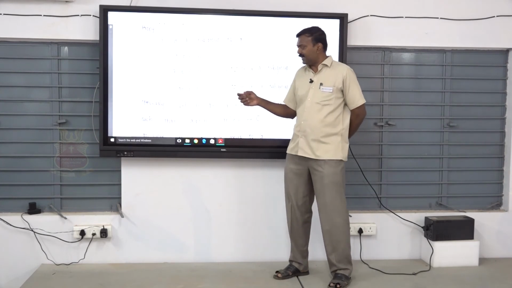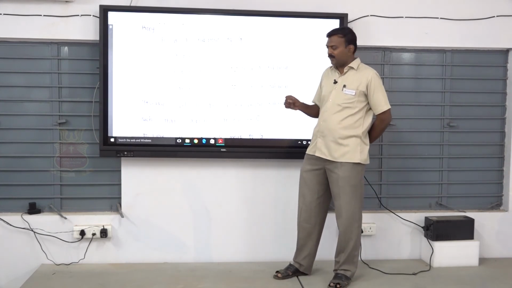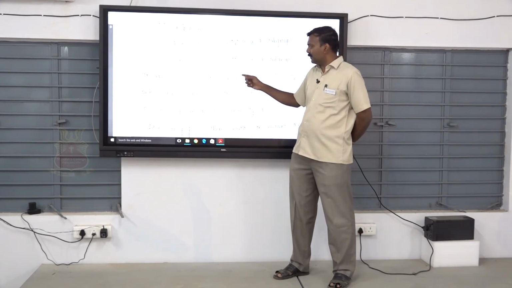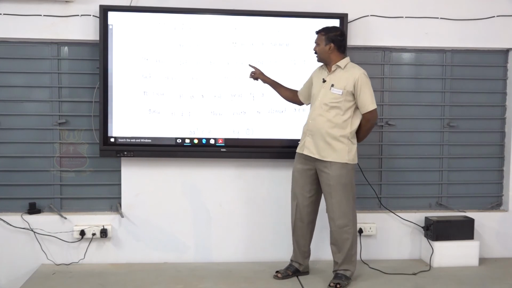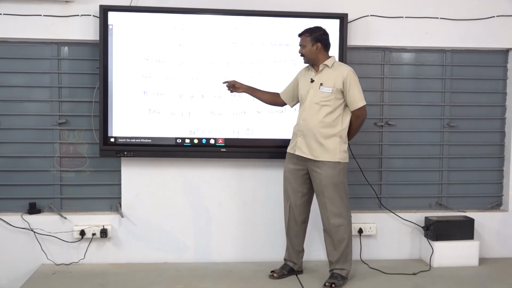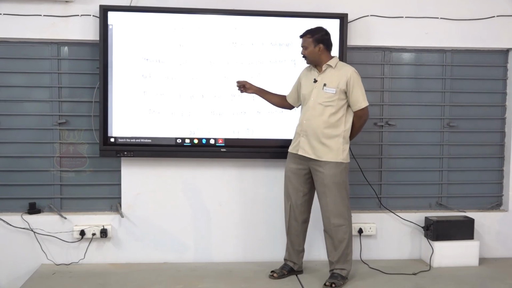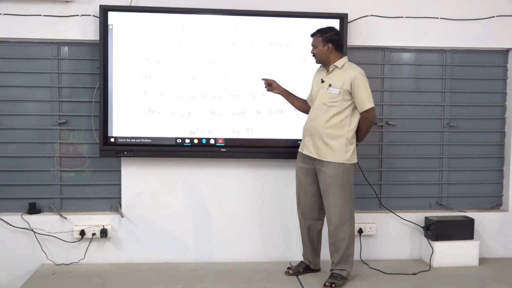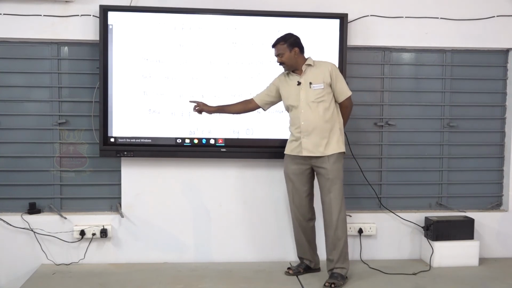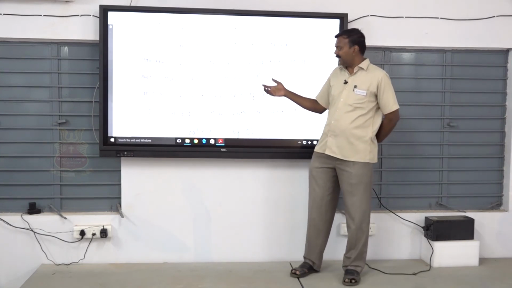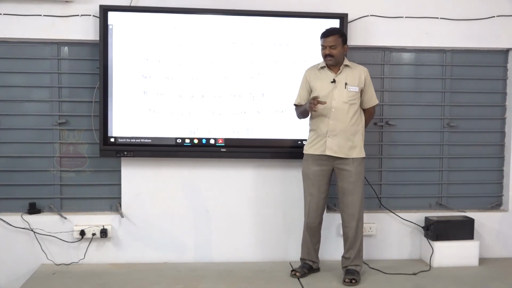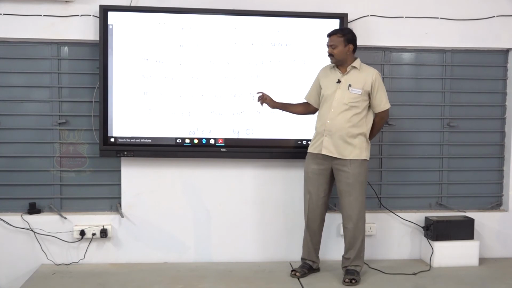Then next, we take ab inverse belongs to H. We have to prove H is a subgroup. The converse part: let H be a non-empty subset of G such that a, b belongs to H implies ab inverse belongs to H. That is equation number 1. To prove H is a subgroup of G, we have ab inverse belongs to H. Now we want to prove H is a subgroup of G.